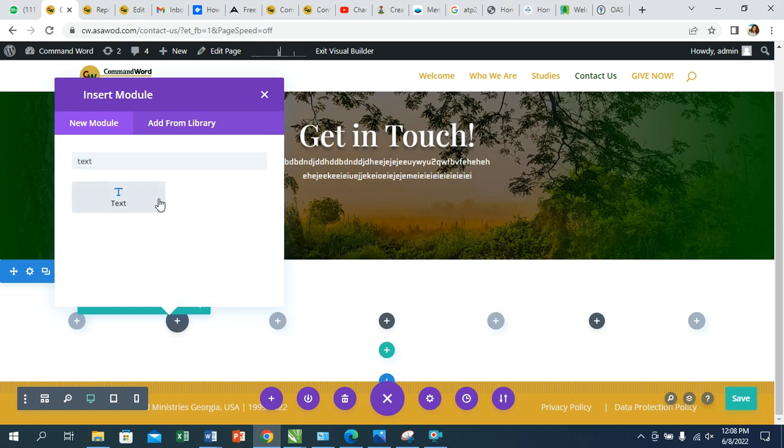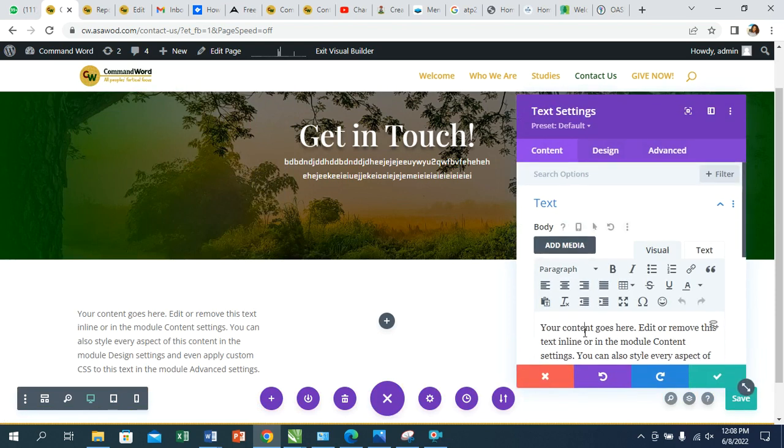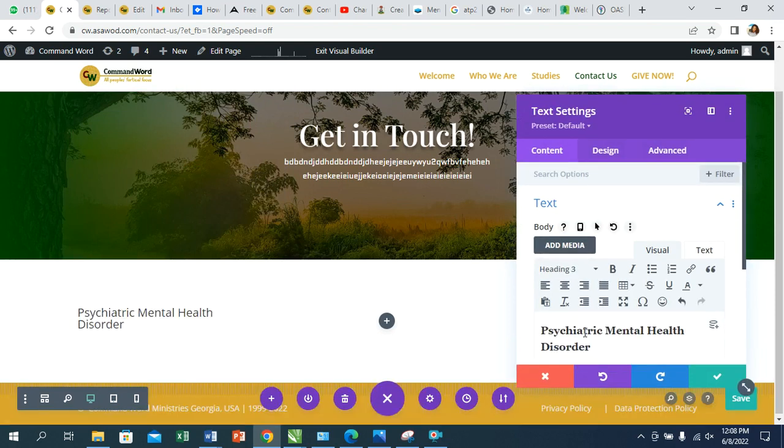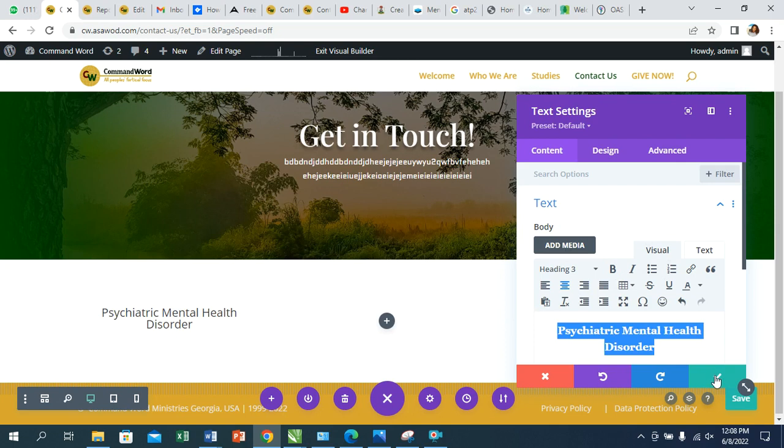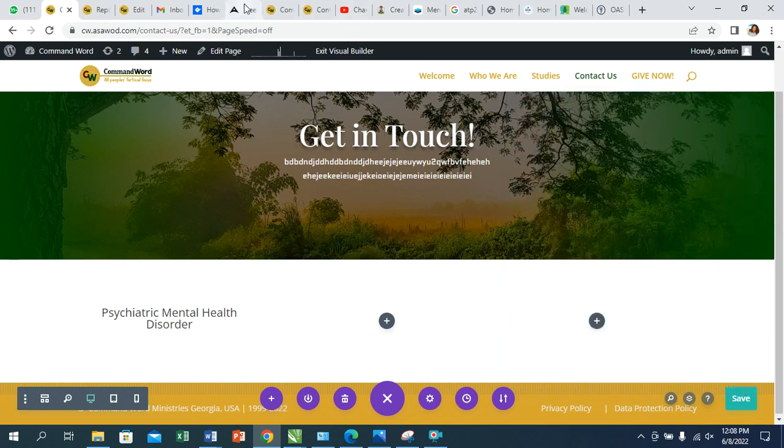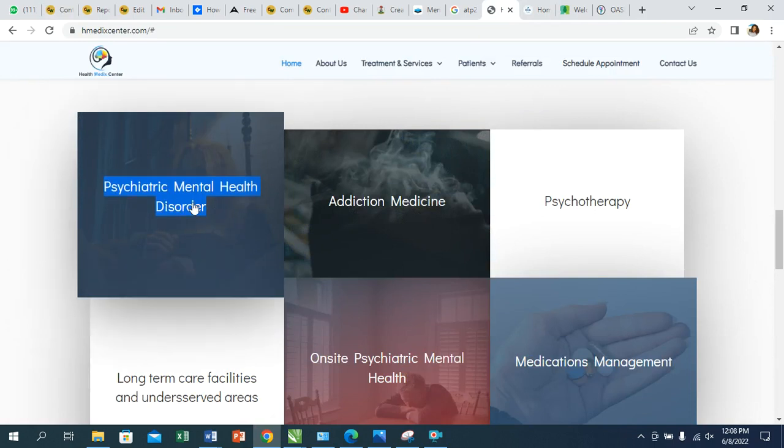Right. So we pick the text and we put "psychiatric mental health challenge, Abi disorder." So let's centralize it. Abi, now we have achieved this text, right? So the next thing we want to do for this text, we want to have a